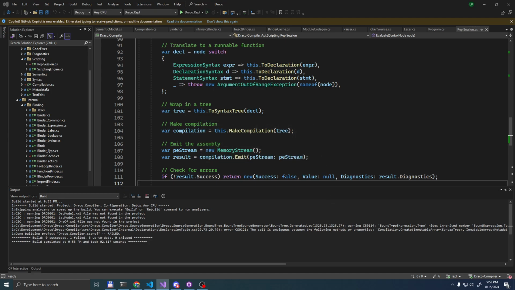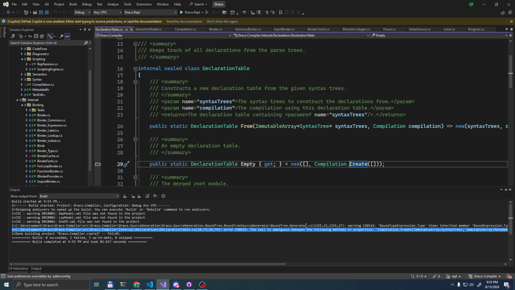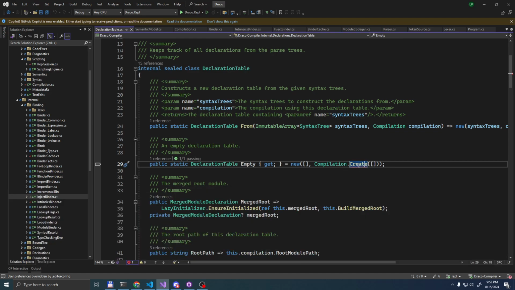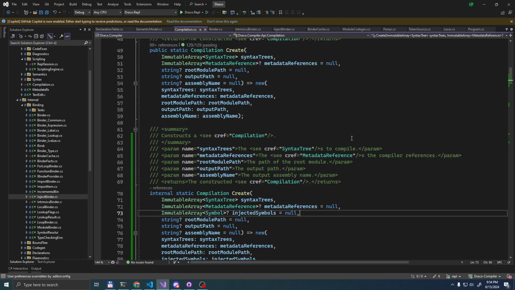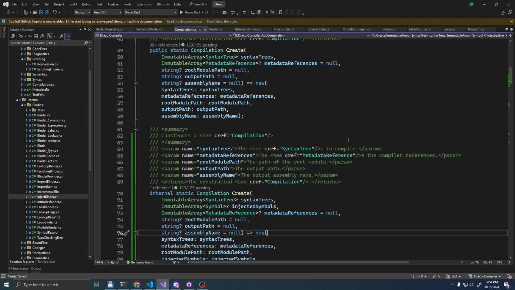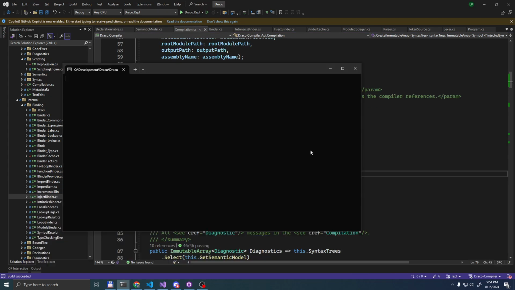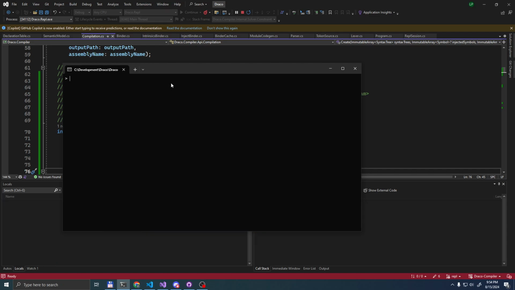We have an error. Oh, because our two compilation overloads clash. Well, let's require one of these, I suppose, and injected symbols should be the prime candidate for that.